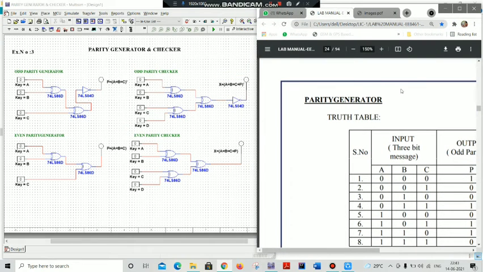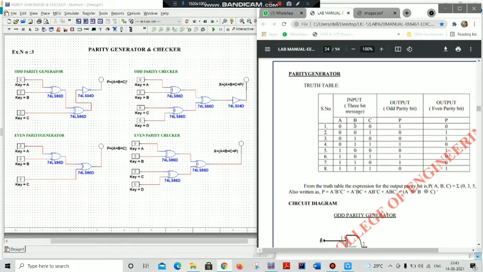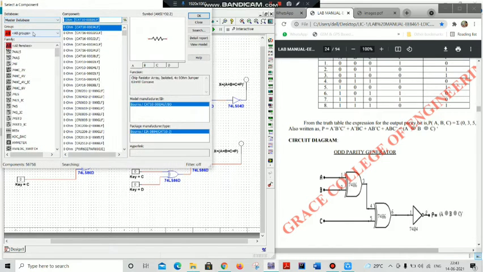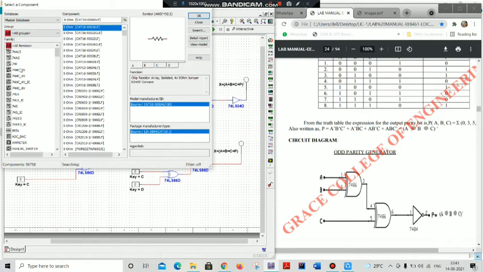Here I am taking the truth table of your generator, and I am constructing the circuit diagram as per the manual. So here I am taking two XOR gates, which are named 74LS86, and one NOT gate from Place Component, All Groups. Okay, so we are having the 74LS series.